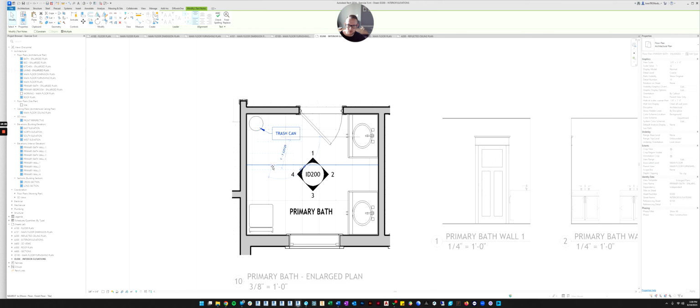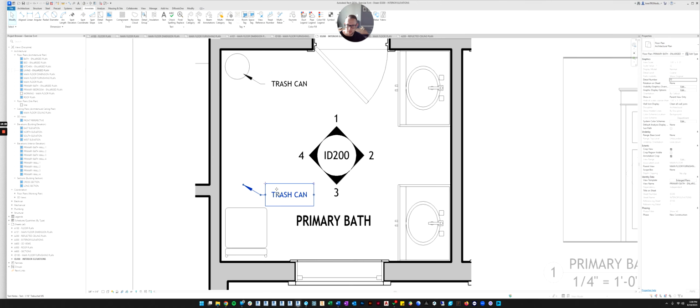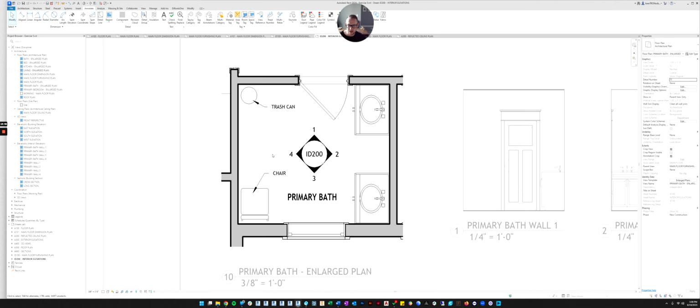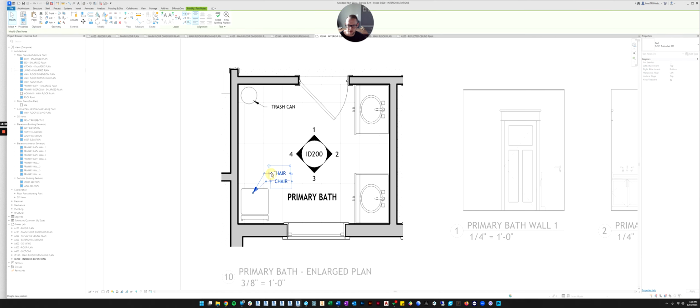So now if we wanted to, we could also do chair. I think we'll eventually get rid of the chair because it doesn't really belong in the bathroom. But now if you click the text and then click on the actual text, you can change this to chair. Hit delete and chair. And then click outside, and there you go. And now you can drag it around wherever you want.